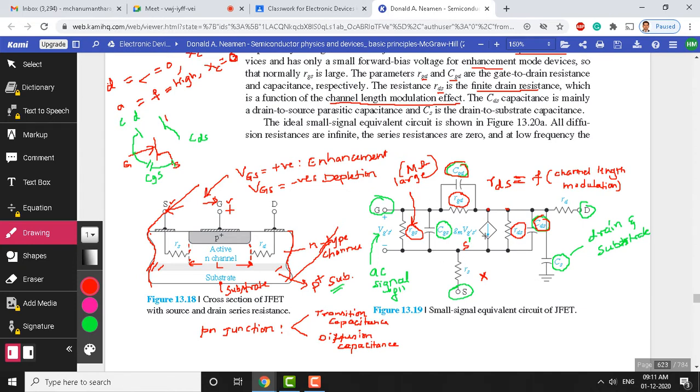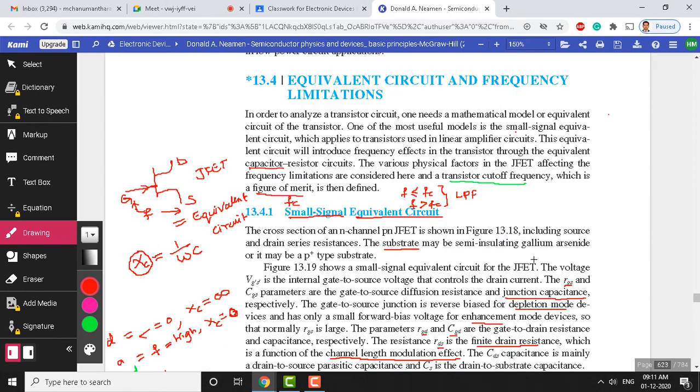Now, let us check the number of capacitances and resistances used here. There are totally four capacitances you can see here. One is here, the other one is here, two is CGD, the third one is CDS, and the fourth one is CS. So, totally four capacitances are there. Can anybody think of and tell me which capacitance is going to be dominant here? How do we say dominant? You look at our topic: which has more effect, more impact?